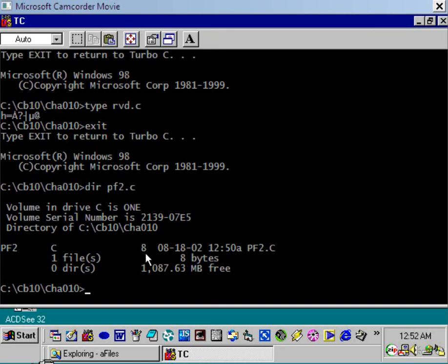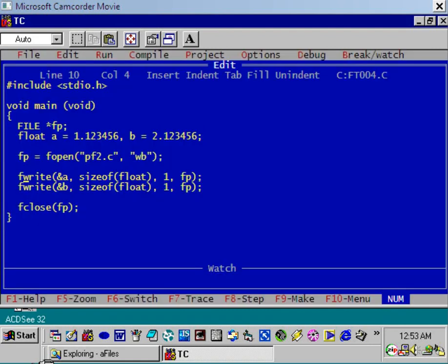Here only 8 bytes are required. If you use text mode, then maybe the number of bytes required is, say, how many digits are over here? 3 plus 3, 6, plus 1, 7, 8. 8 plus 8, 16. So more than 16 bytes are required to store the content of a and b in text mode. Is it clear?